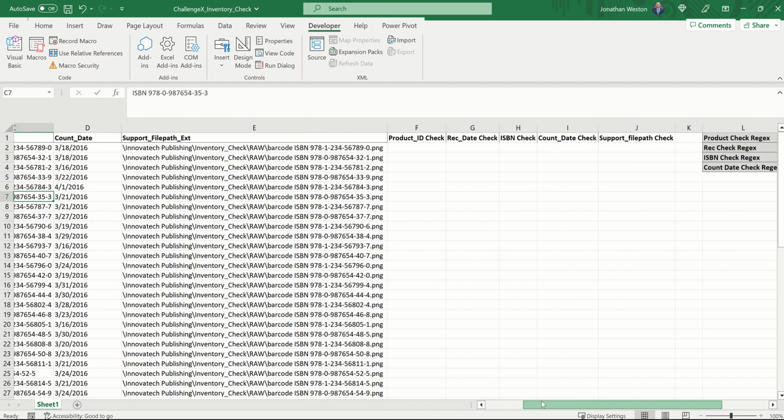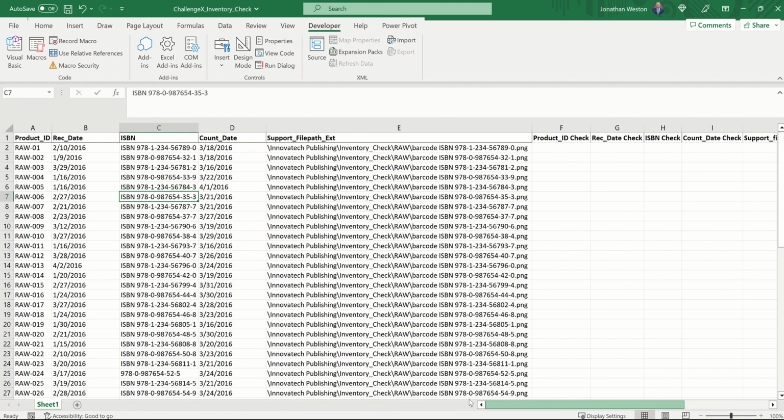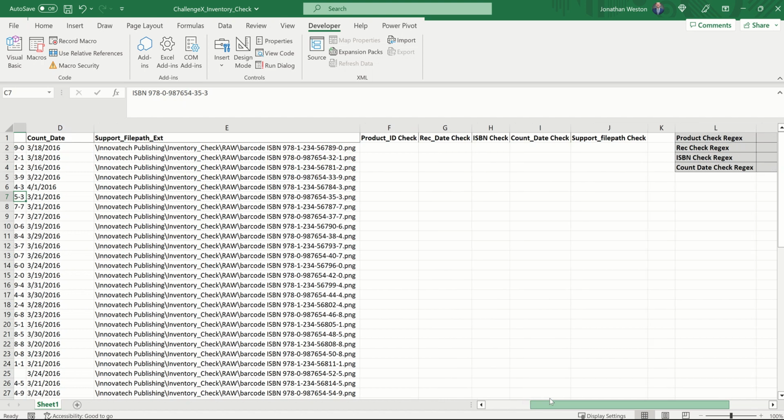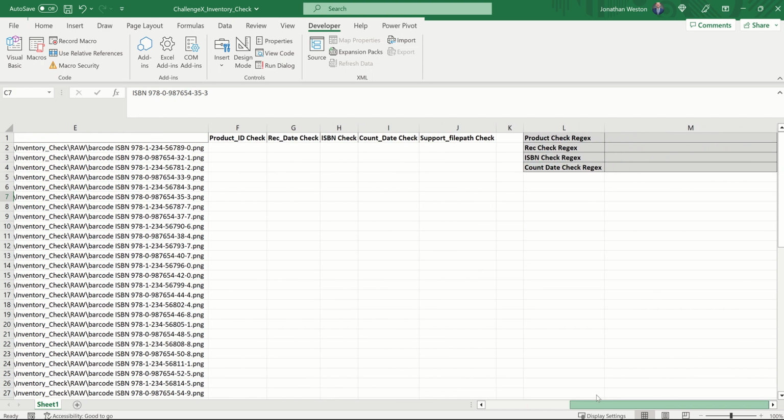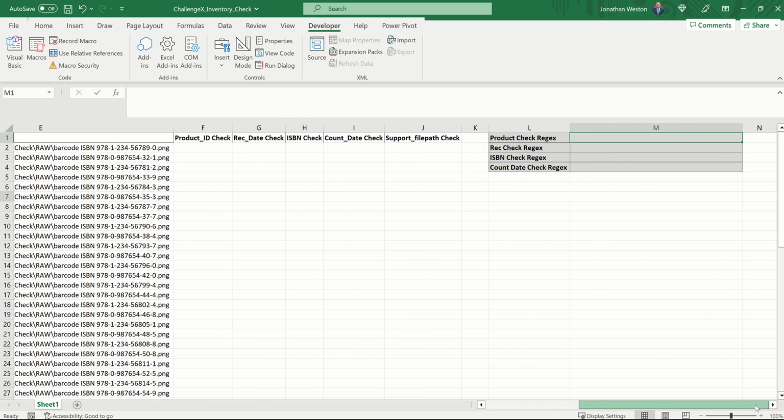So we can start off here. Columns A through E are the data that staff already collected. F through J are where we'll be using our regex match formulas. And then column M is where we will be writing our regex statements. So each statement will be following a lot of the instructions from the instruction page you already have for each